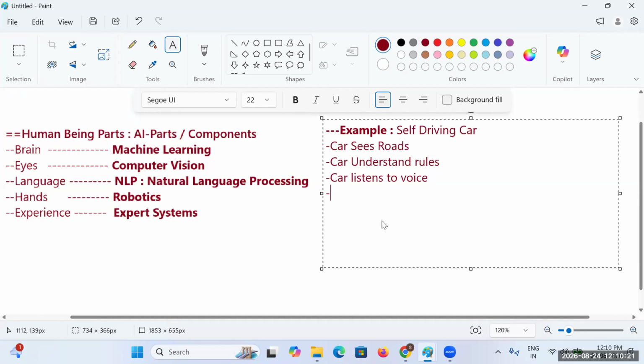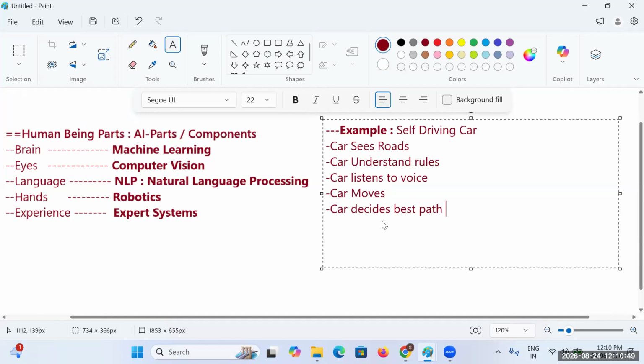Okay, then you will be taking that particular aspect of the car moving, and the car deciding the best path.